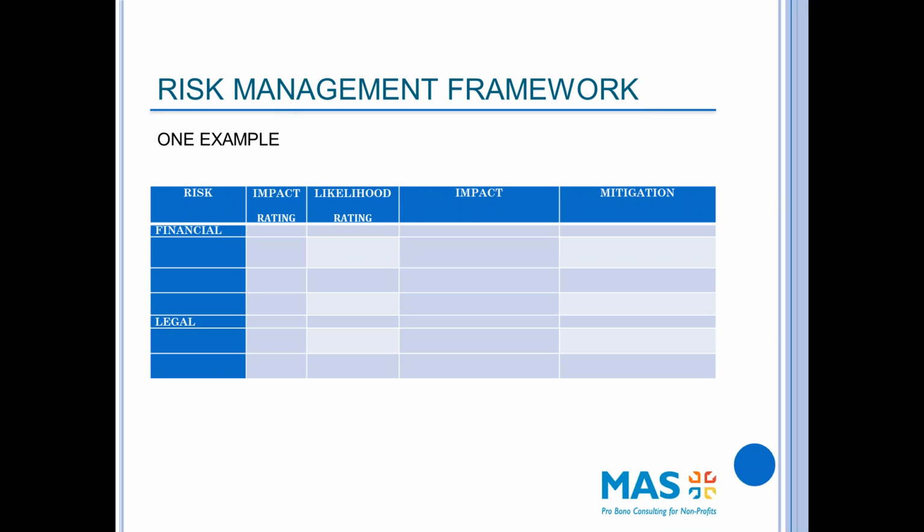And I think this is a good starting point for the tool. You may find as you get into it, there are other columns that you want to add. Often people will add a column for who is responsible for this risk. So under the financial risk, you might have your treasurer, your finance manager, whatever, so that you have a way of knowing where primary responsibility for this risk sits in the organization.